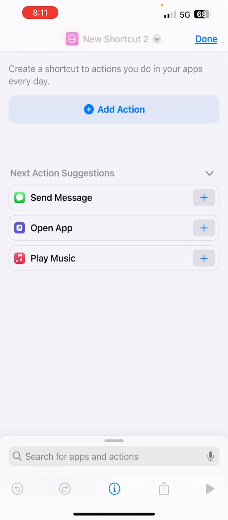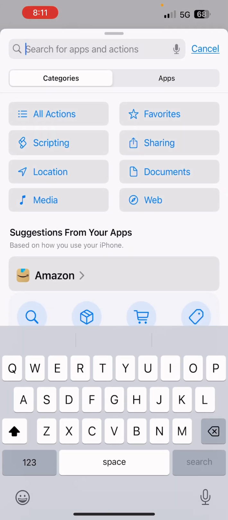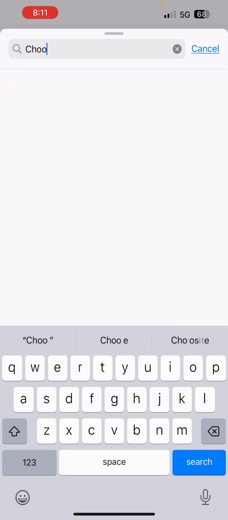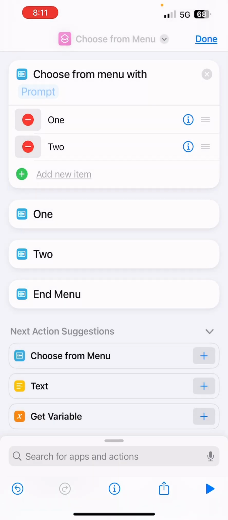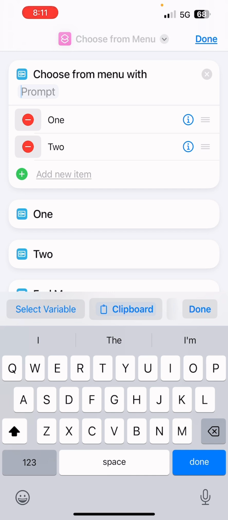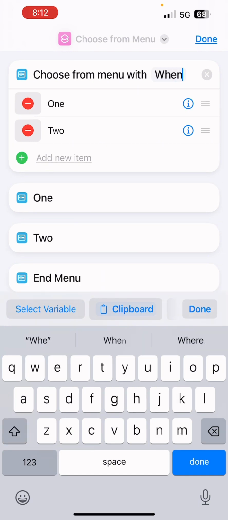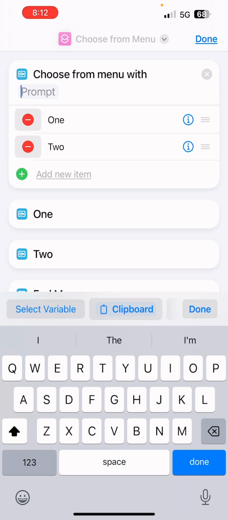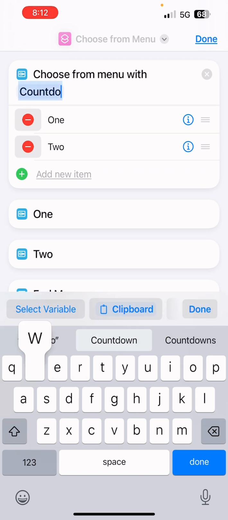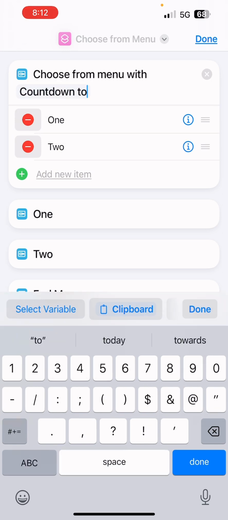So we'll start off by adding an action. And we'll be doing a choose from menu. That gives us a prompt. And for this prompt, where it says prompt right here, I'll say countdown to,